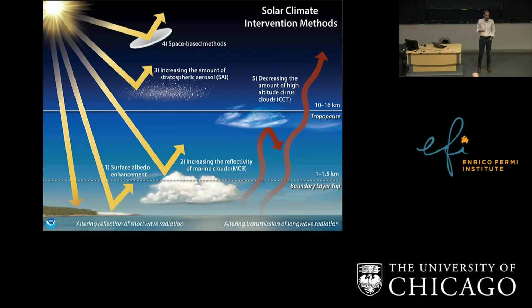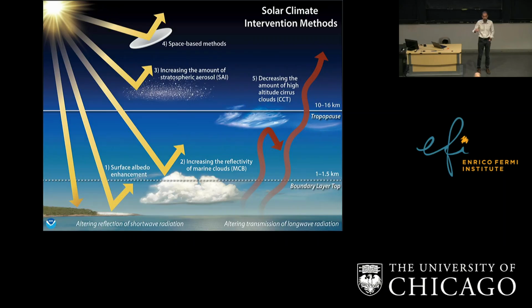There's actually been a fair number of papers and examinations of this going back for decades, but I think it's fair to say that there's no feasible way this gets done in the next half century at scale. But on the other hand, we're living in a time where access to space is getting dramatically easier, and this is a century or 2-century long problem. So I don't discount this at all. I think it's interesting and different from the other things, but it clearly is further away than any of the other things. Next, going down in altitude, is that we could put reflective materials in the stratosphere,